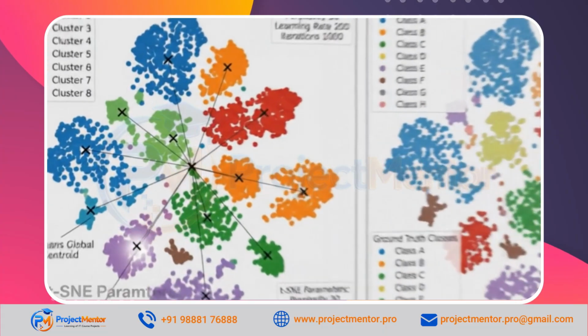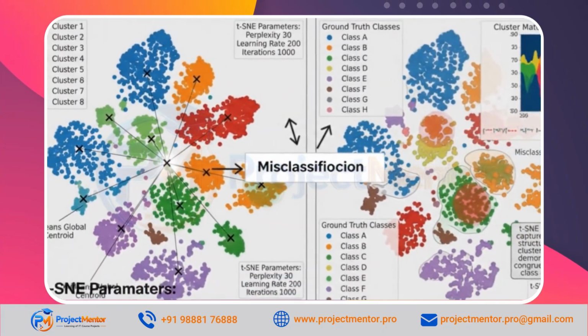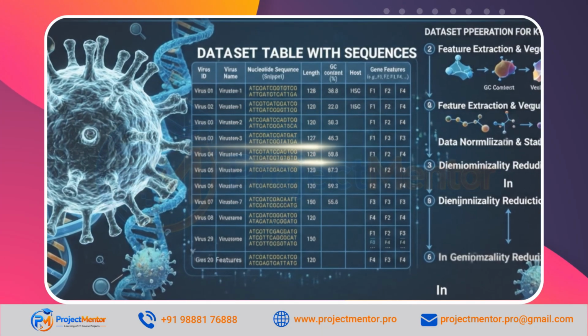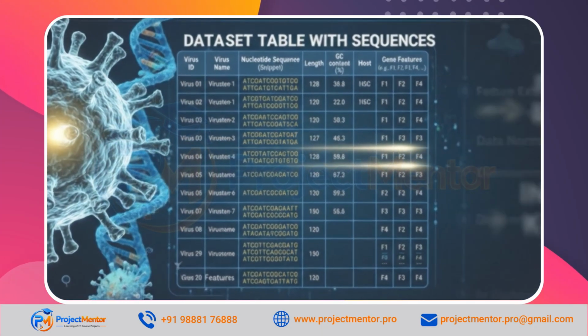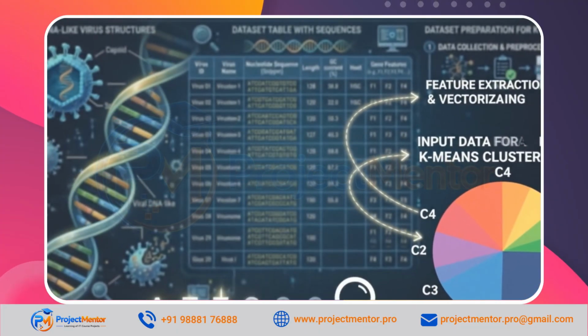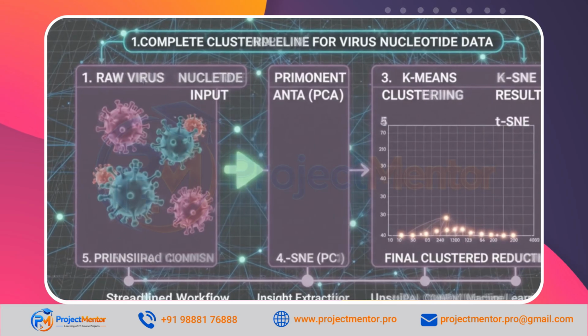For our project, the dataset contains virus nucleotide sequences. These sequences will be pre-processed and then clustered using k-means. To speed up the clustering process and make it more efficient, we integrate PCA to reduce the dataset's dimensionality before passing it into k-means. After clustering, we visualize the results using t-SNE, which will help us see how well k-means